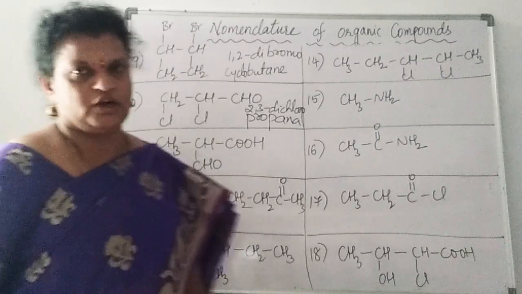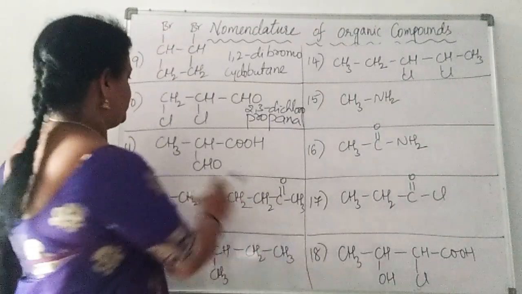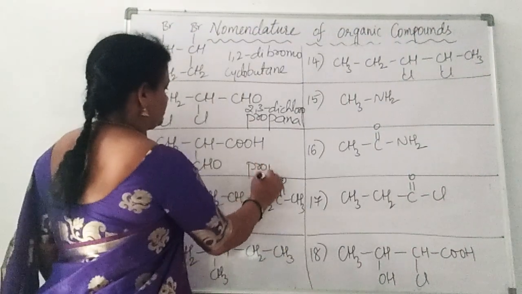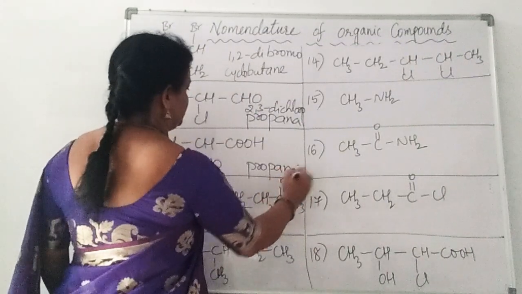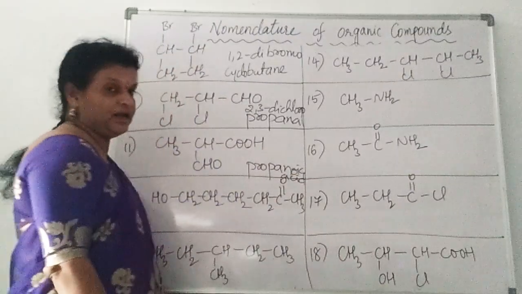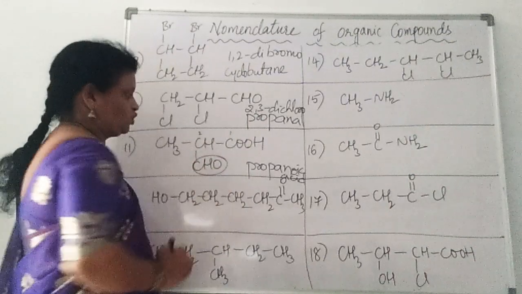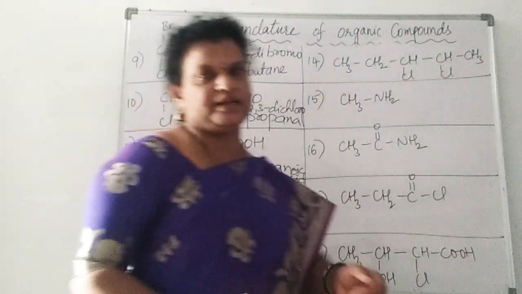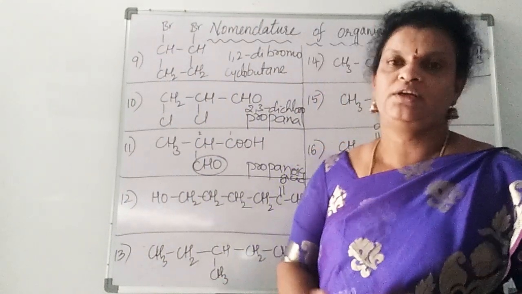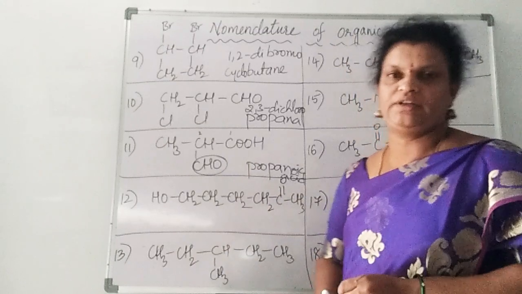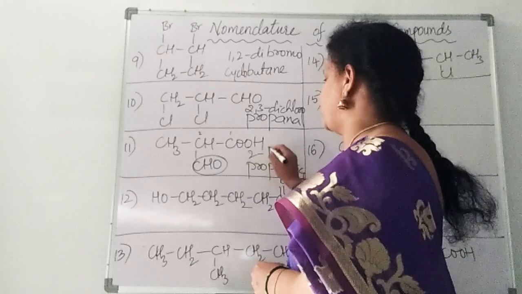Altogether we are not going to count how many carbons are there. In the main chain, how many carbons are there, only that we count every time. So here 3 carbons are there, carbon to carbon single bond is there, and the COOH functional group is there, so we write this as oic acid, propanoic acid. Along with that, one functional group is there on the second carbon. What is that functional group? If it were alone, CHO would be identified as an aldehyde, but here it should be identified as a substituent. So we will give a name for this substituent, that is formyl. That formyl is present on the second carbon. We will write here 2-formyl.